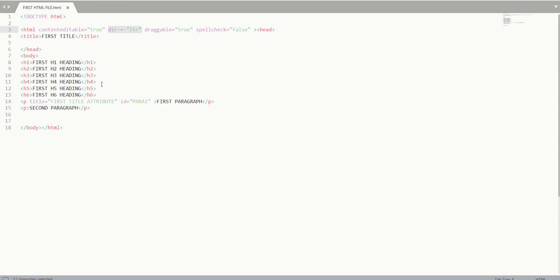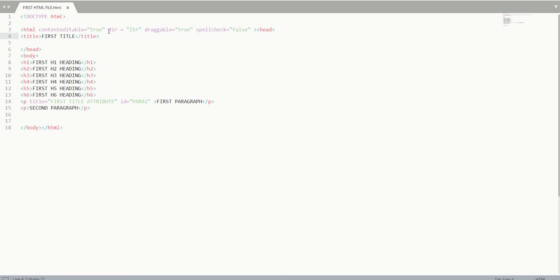Whatever attribute I give on HTML, if it can also be passed on any particular element inside HTML, then if I give it in HTML, that will apply to every element. And if I give that attribute only to a specific element like a paragraph or header, it will only apply to that header or paragraph. So here, since I give it on my root element, which is the HTML element, it will apply to everything, header, body, everything, right?